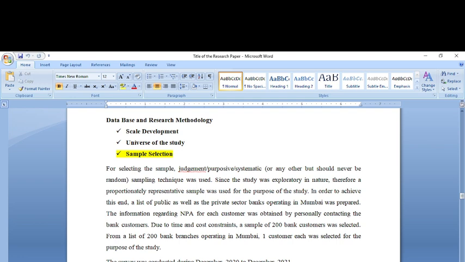Then I would write that since the study was exploratory in nature, therefore a proportionately representative sample was used for the purpose of the study. Proportionately representative sample would mean that I would cover all the segments of the society equally, or if it is about banks, I would cover equally the public sector and the private sector banks and every area in which the bank is situated. So in order to achieve this end, I made a list of private and public sector